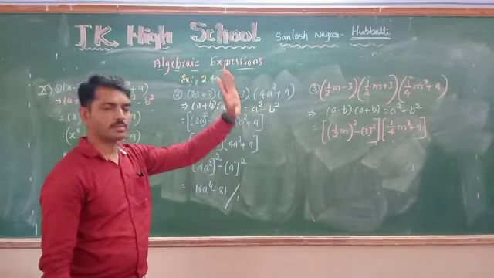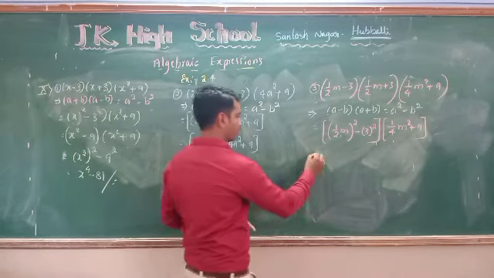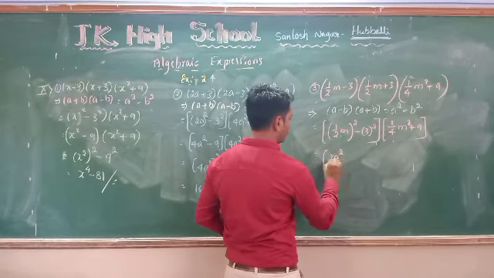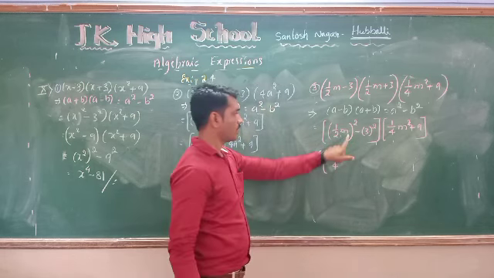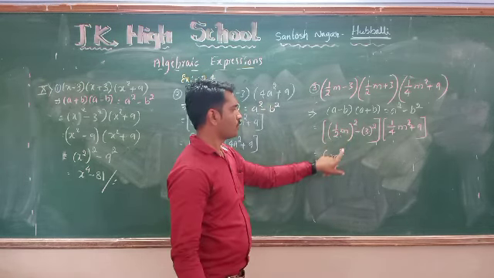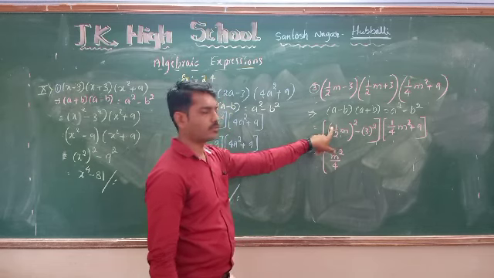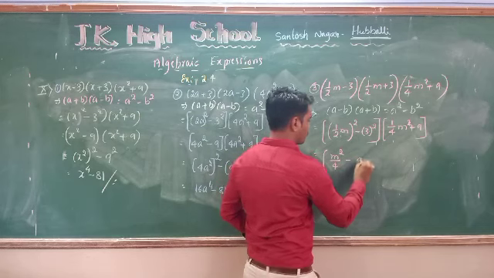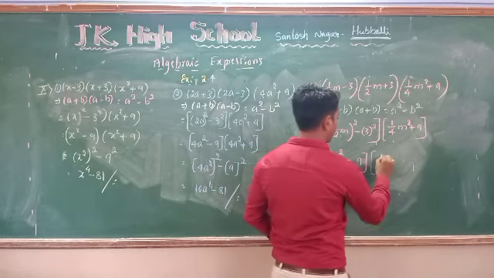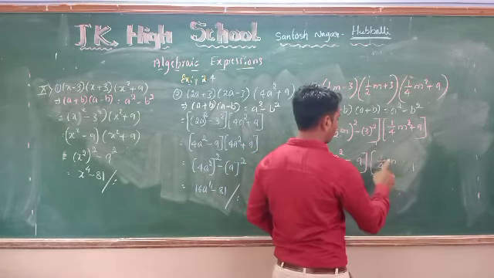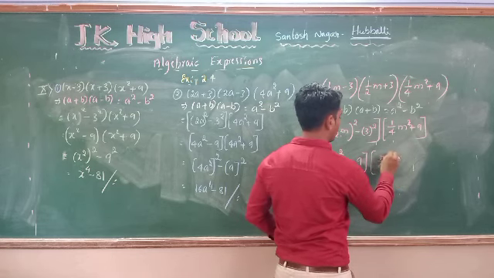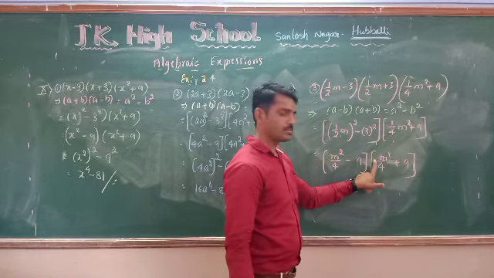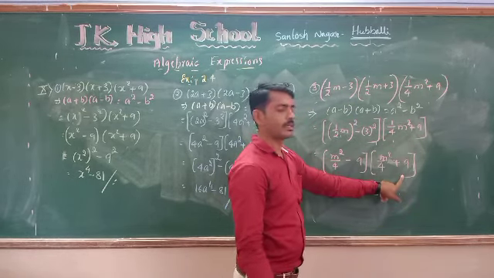Next step, 1 upon 4m square plus 9 as it is. Next term. Simplify this. 1 upon 2m square, 2 2s are 4, m square will come. Numerator is nothing but 1 into m. This is m square, 2 2s are 4. 3 3s are what? 9. Otherwise, you can write directly m square divided by 9. 1 into m square is what? M square by 4 plus 9 as it is.